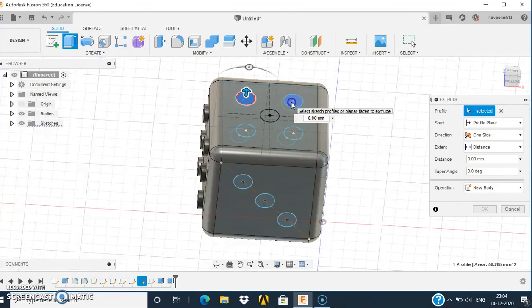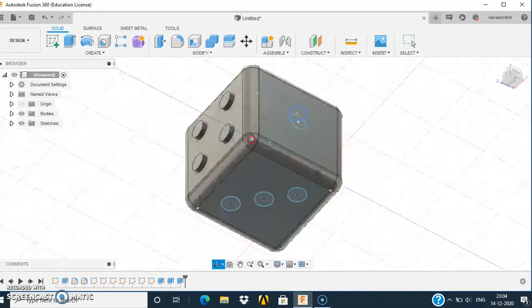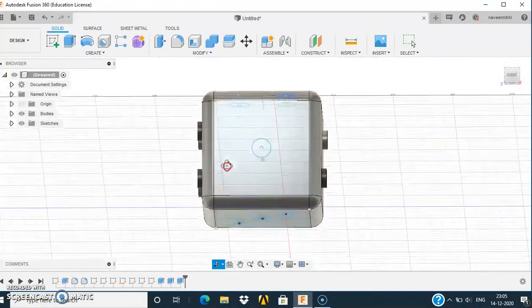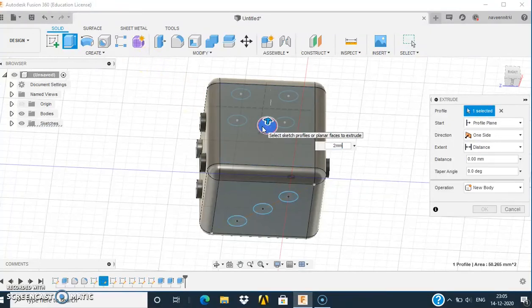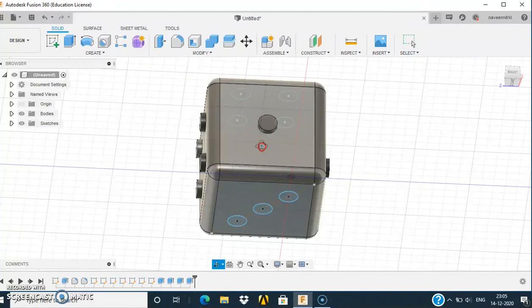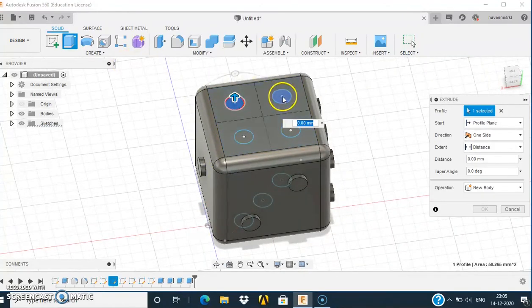First one, second one, third one, fourth one, to 2 mm. Like this, I will extrude all the circles up to 2 mm.